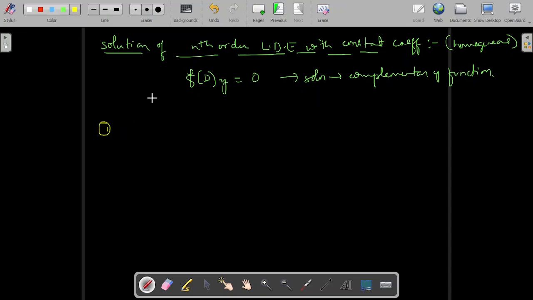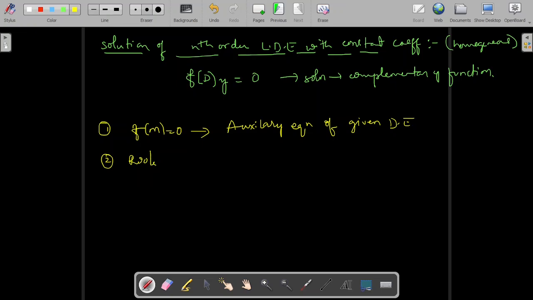So the first step is you have to write f of m equal to 0. That is nothing but the auxiliary equation of the given differential equation. Then you have to find the roots of that auxiliary equation. After finding the roots, you have to form its complementary function based on three cases. If the roots are real and distinct,